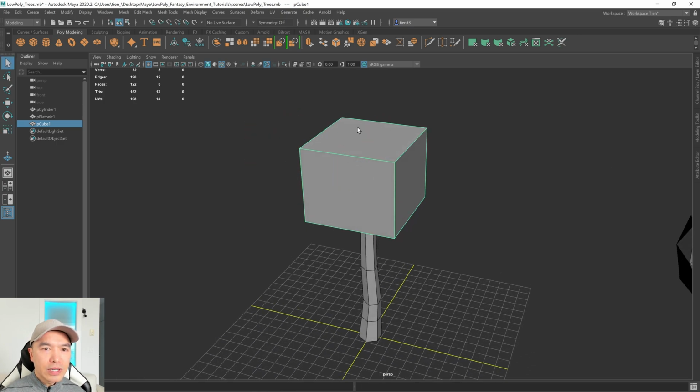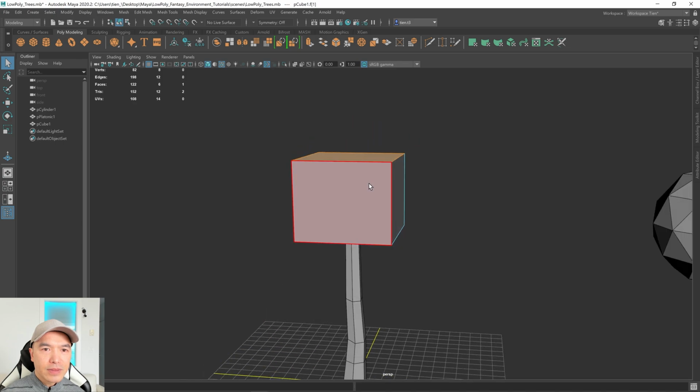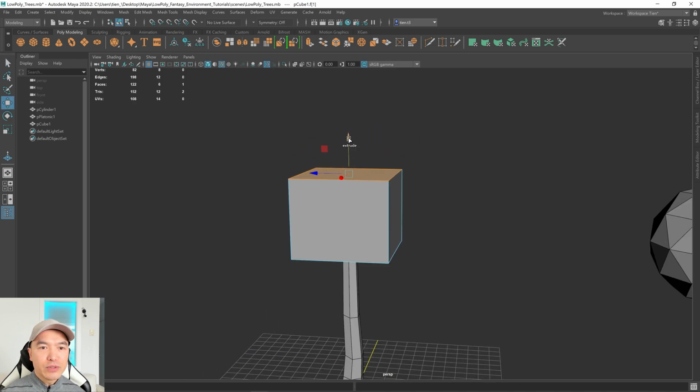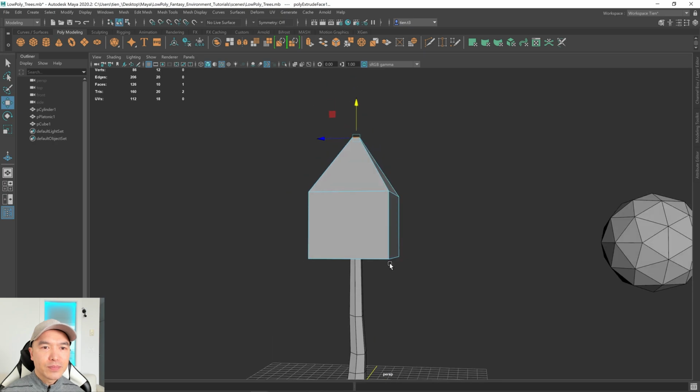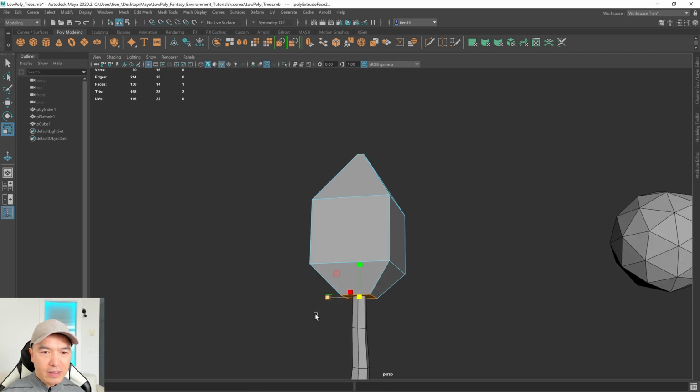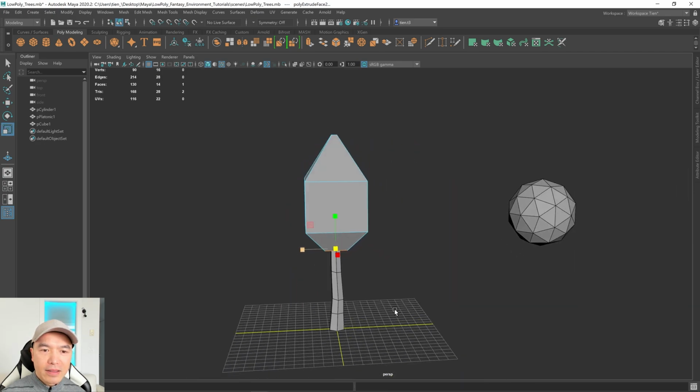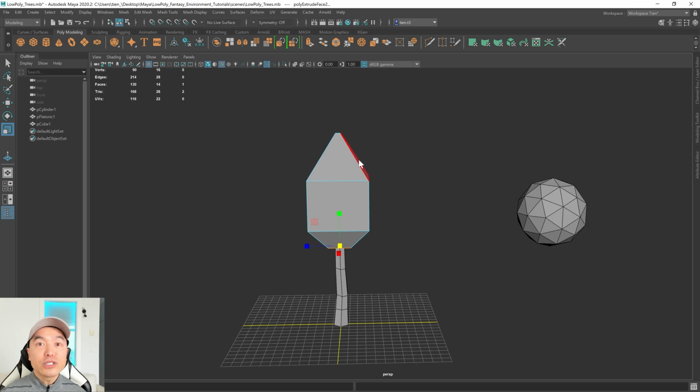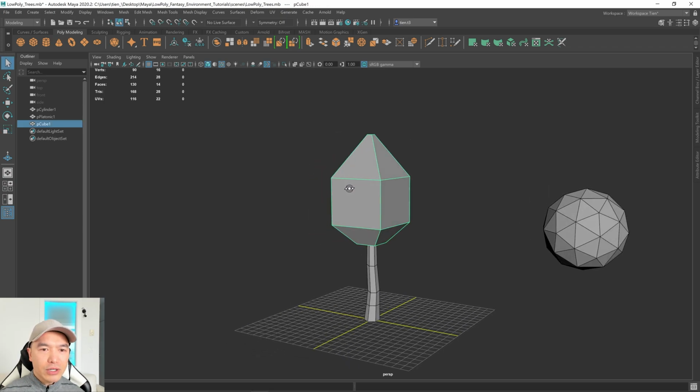And what I'm going to do is select this top face, pressing W to go into my move tool, extruding this up, so I'm holding down shift. Then I'm gonna scale this in a little bit, just to give it a bit of a point. And then I'm gonna do the same for the bottom, extrude that down, and scale that in. All right, so now we have this kind of shape. Let's go into object mode, select our mesh, and what I wanna do is